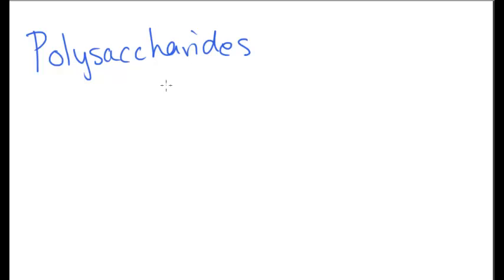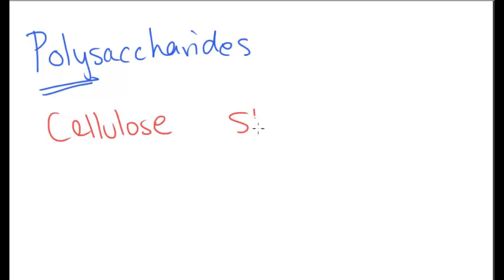The third and final class of carbohydrates that you should know are polysaccharides. Polysaccharides are basically a bunch of monomers bonded together through dehydration synthesis. While disaccharides were two monosaccharides, polysaccharides are many monosaccharides. There are four main polysaccharides that you should know that you'll definitely see throughout this course, and these four are cellulose, starch,